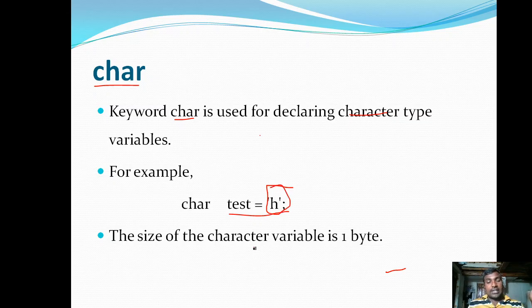The size of a character variable is 1 byte only, so generally a single character can be stored in a character data type. That's why we use the char keyword for declaring character data types.